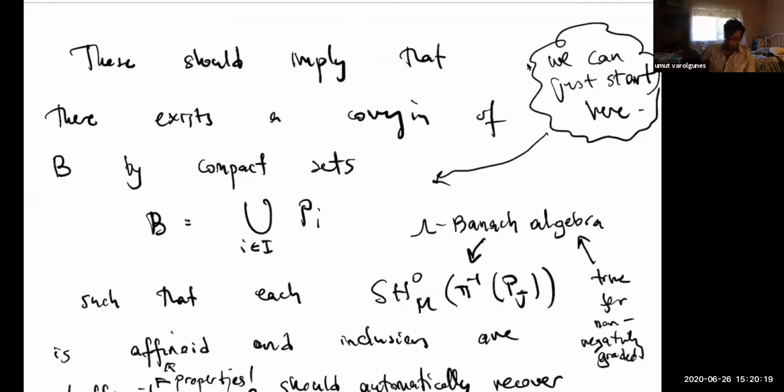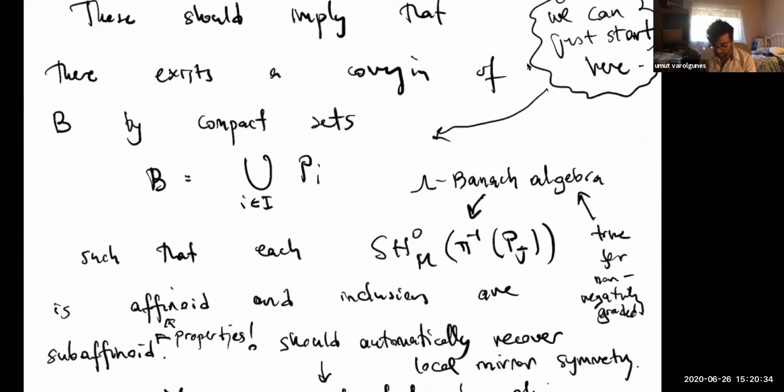Okay, so now let me go back to the general discussion. What I would want from this data, this Gross-Siebert type singularities plus locality, is that I should be able to find a covering of the base by some compact sets. These are generally going to be just convex polygons. And these should satisfy the following property: if you look at SH0 for any finite intersection, this will also be a convex polygon.